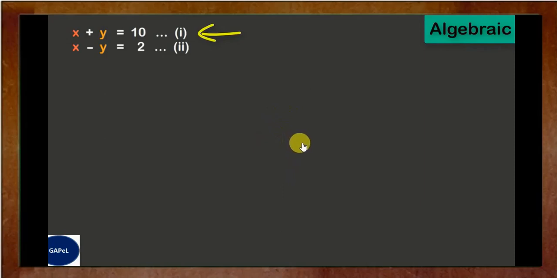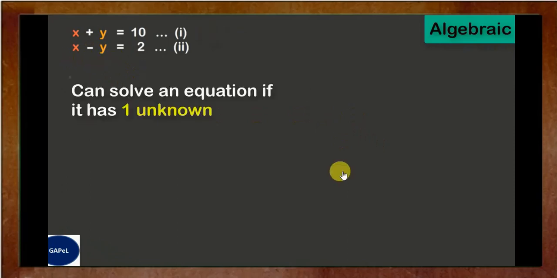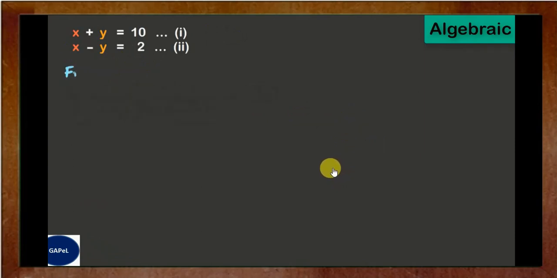So this is my first equation, x plus y equal to 10. So in this method, what I am doing is I'll be writing one of this equation in terms of one variable. So I'll take an equation, let's say equation 2, and I'll express one variable in terms of other. So I'll keep x on this side and y on the other side, so that one equation and one variable I'm trying to do that. Okay, if there is one equation and two variables, we cannot solve. One equation and one variable, then only we can solve.